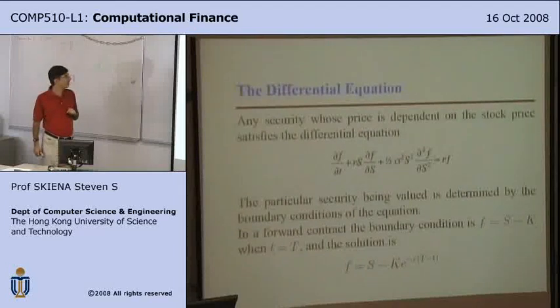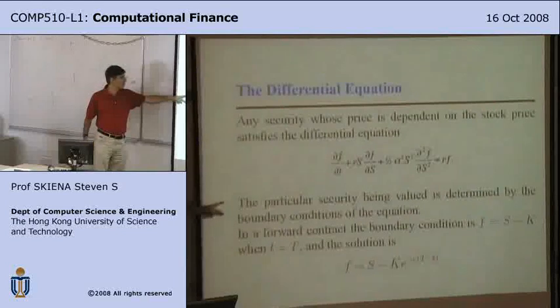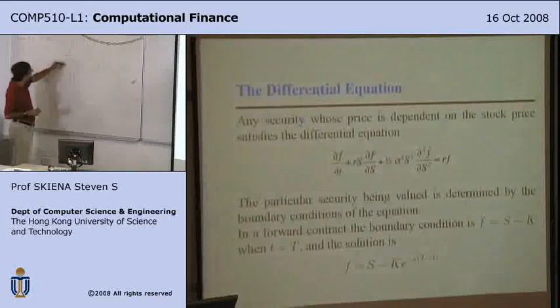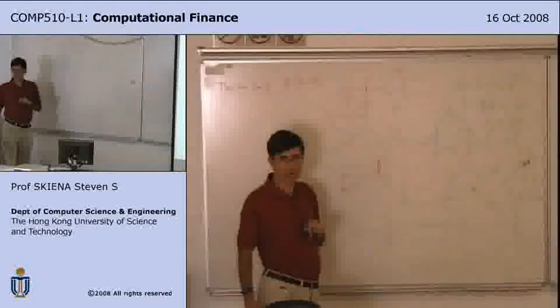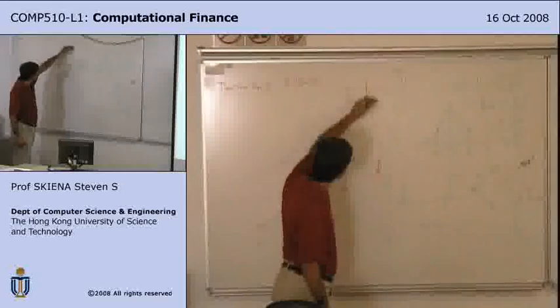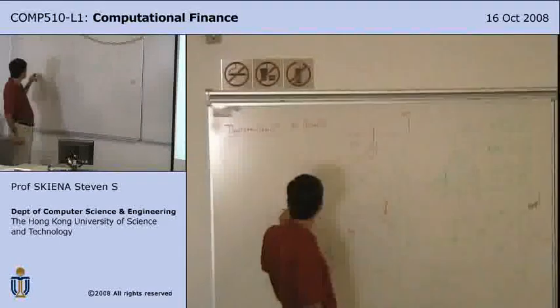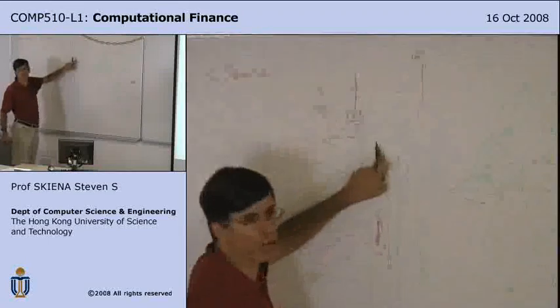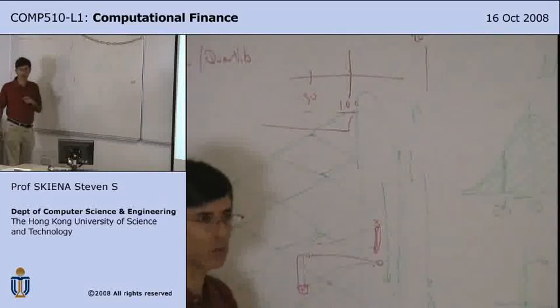The difference between all the different applications has to do with what the boundary conditions are. If we get back to our binomial tree, where were the boundary conditions? What were the boundary conditions of our binomial tree? They were really over here. Maybe it's the initial stock price, but that was really a parameter. The boundary conditions were how much the option was worth at each of the terminal nodes.